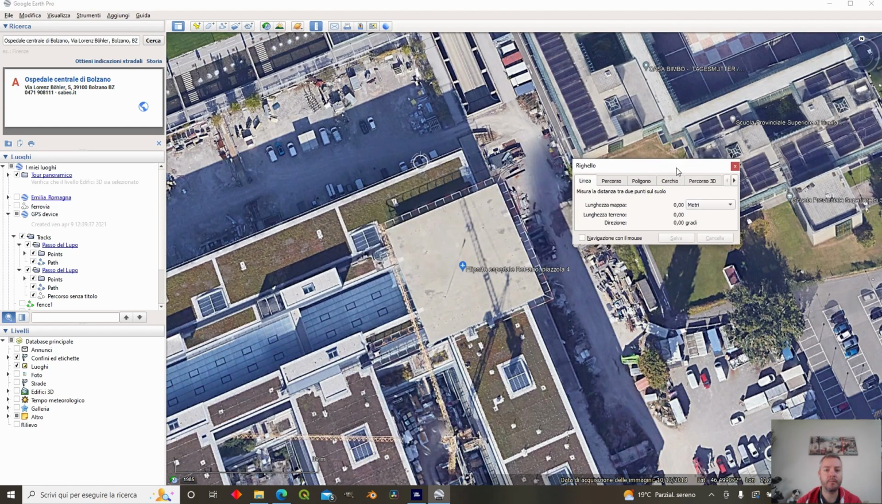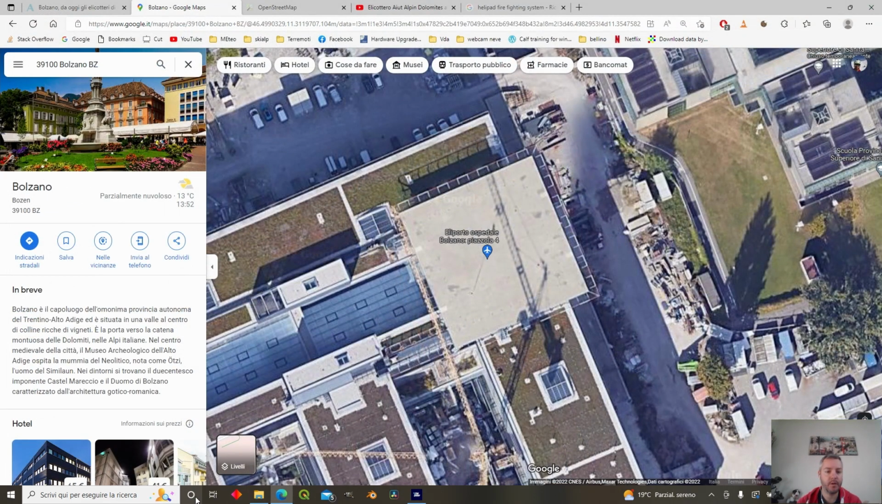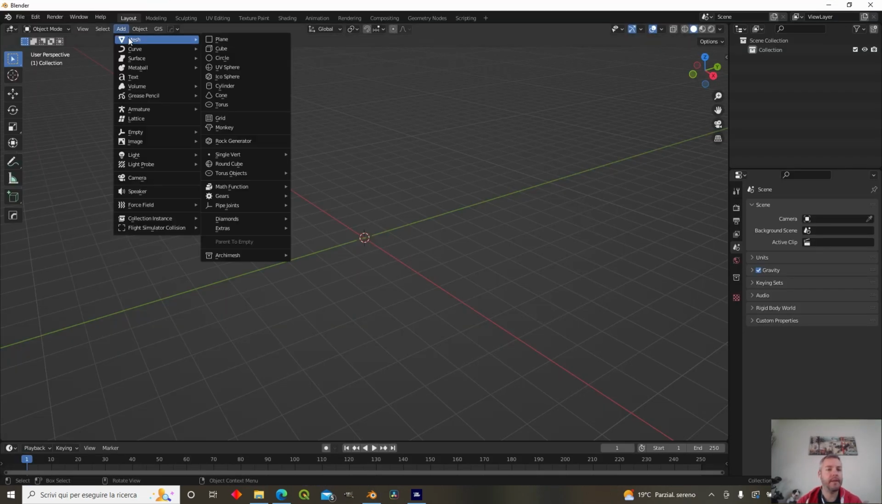Okay, with a ruler. And this is a 35 meters large pad. 35 meters. Thank you, Google Earth. And in Blender, I'm gonna add a cube